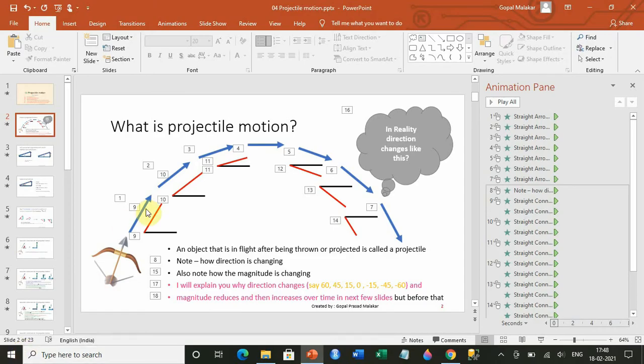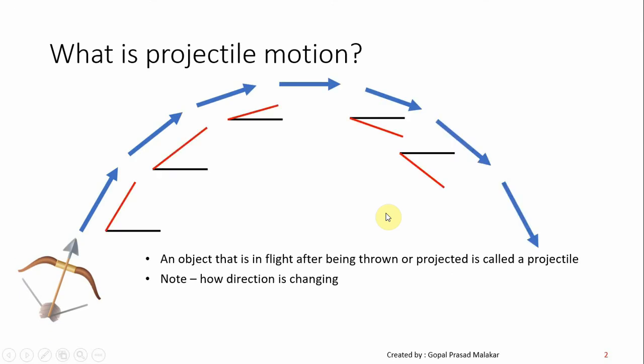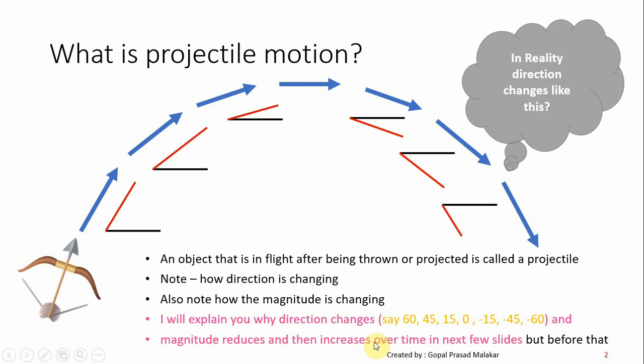This is what it is showing. It went up, the direction of the velocity went a little more inclined towards horizontal, then it is absolutely horizontal, and then it starts becoming sharper and sharper, that you can see in the video. So now I'm going to explain to you exactly why it happens that way, why the direction is changing, and also why the magnitude is changing, step by step. So let's get going.